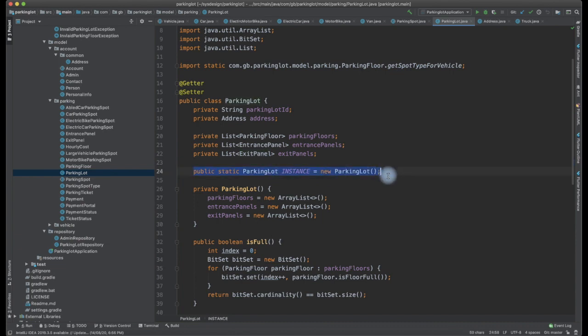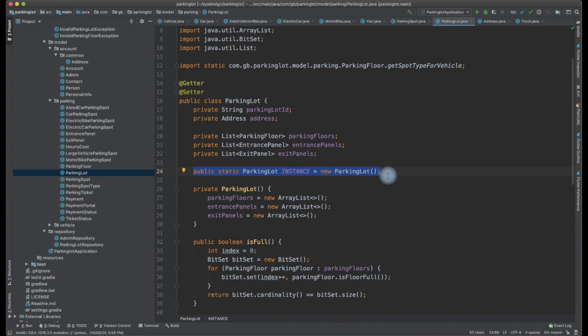I modeled this parking lot as a singleton class. Why? Because although it contains multiple entries and exits, we should not be creating more than one instance of a parking lot and operating at any point of time. That would add confusion, and if somebody is modifying the parking lot or adding floors to it, for the others it will not be visible.